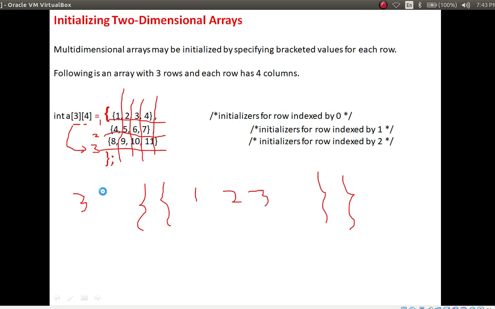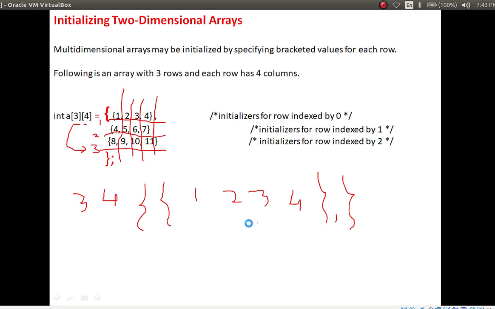And here I am going to take 4 columns. Now I am going to write 4 columns. First row is complete.